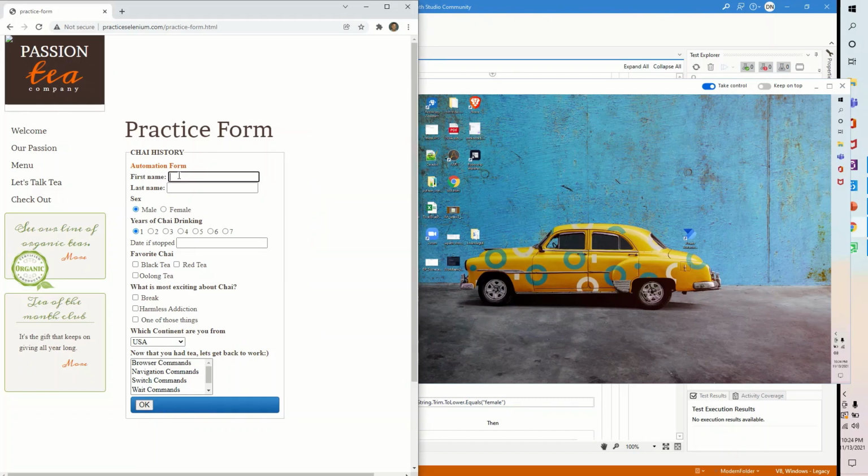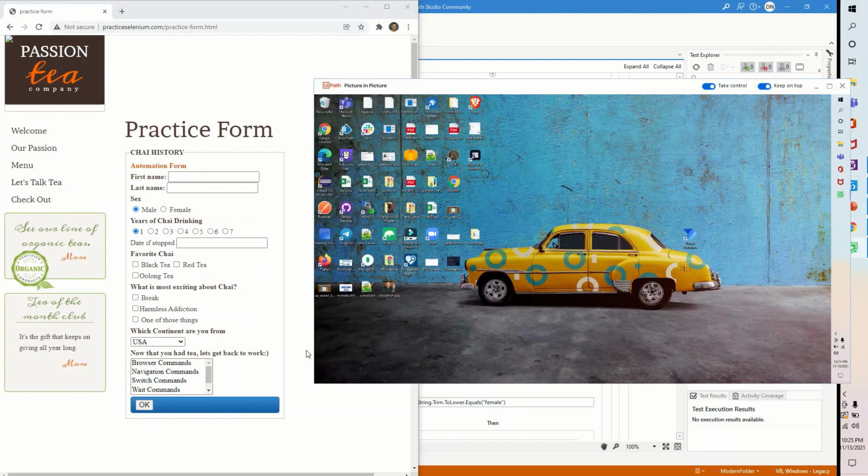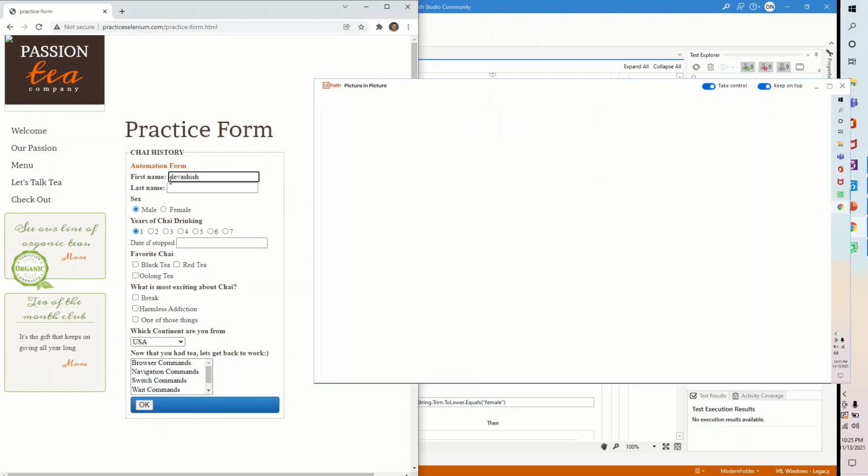This is happening. I can select keep on top also, which would always keep this window on top, and I can continue working on certain things. Right now I'm entering data into a website.